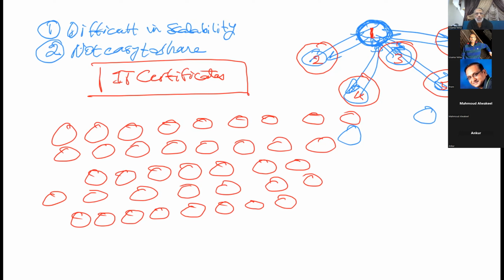So can I send it by WhatsApp? Again, it's not secure. Then how can I send it? It will be very difficult. I would have to put it on a flash drive or hard disk or whatever and deliver it to him hand by hand. But what will happen if he resides in the States and I'm in Saudi Arabia? How can I deliver it to him? I have to take the chance, the risk. I don't have any other option. This means that it is not easy to share.